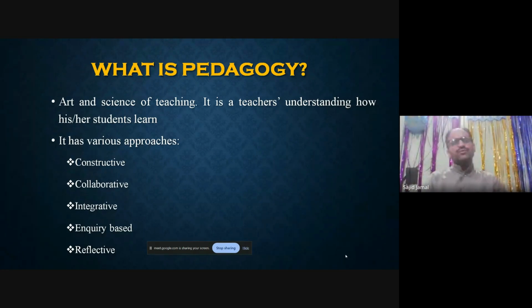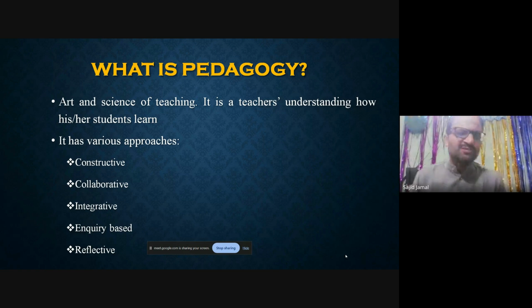Then collaborative approach, it focuses on the collaboration among the students, certain kinds of group methods of teaching. So many students may cooperate, may collaborate, and accordingly learn. Integrative approach, in which you utilize many methods. You just do not rely on only one method of teaching. For example, lecture is one method of teaching, but besides, case study might be one method, brainstorming might be one method, assignment might be one method. So integrative means you are integrating many approaches.